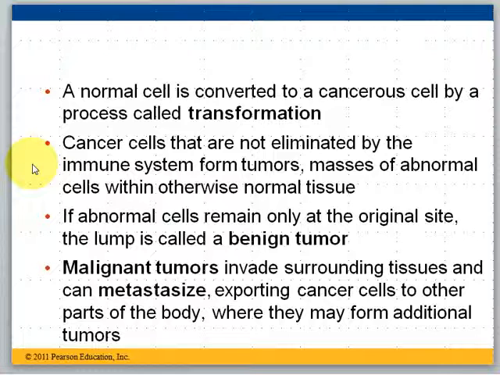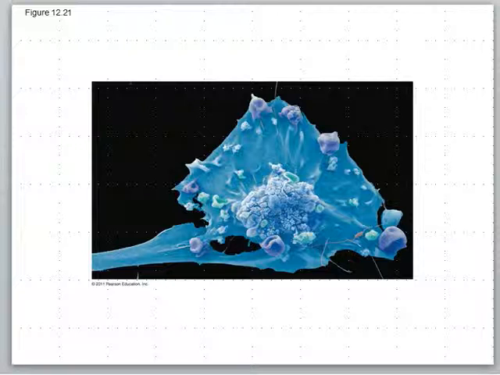So oftentimes chemotherapy really does damage to your immune system, which then makes you susceptible to colds and other types of infections. So malignant tumors can be quite damaging and quite scary because that cancer can spread, metastasize to other parts of the body. Here's a microscope picture of a cancerous cell, and you can see that oftentimes the cancerous cells take on a different shape and dimension. They look different from the normal cells.